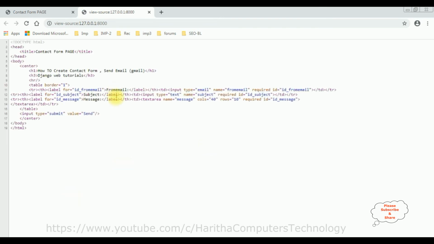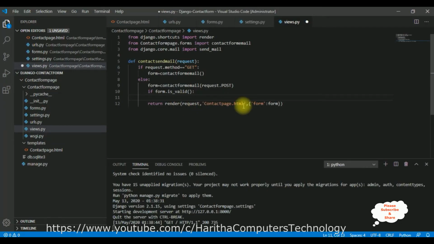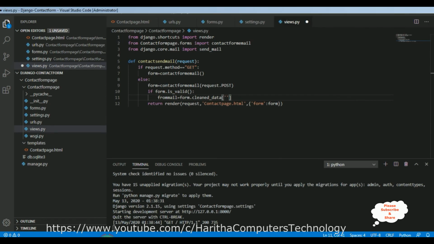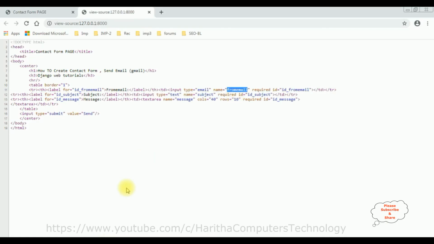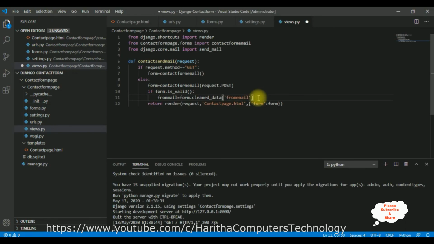If you notice in the page view source, the from email ID, we require this name attribute, which is the from email. So let's add this one. Let's declare first from mail is equals to, it's an object, in a variable, then form dot clean underscore data between single quotes. The from email, let's add that one. Copy this one and paste here. From email,